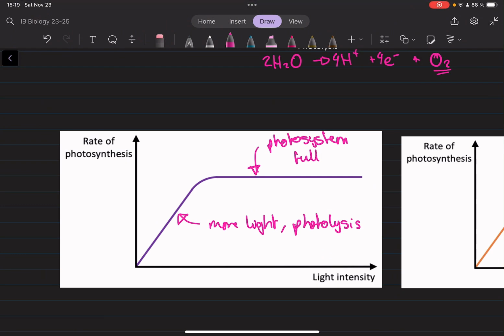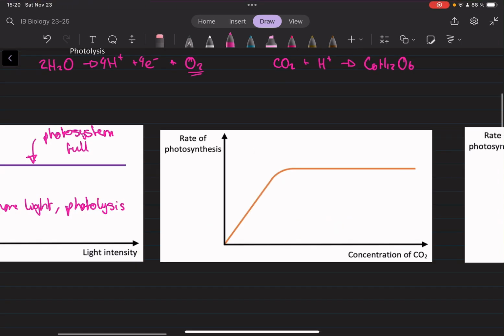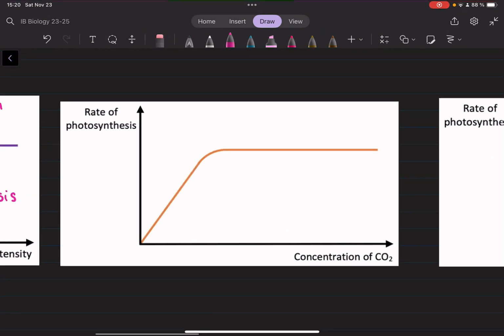Now, for standard level, I'm pretty sure we don't need to know what a photosystem is, so you don't have to worry about that. But just know that as you increase the light intensity, there will be an increase until a certain point, because there will just not be any more space for photosynthesis to be happening, essentially. So then you've got the CO2 concentration, which is similar to light intensity, and that is because as